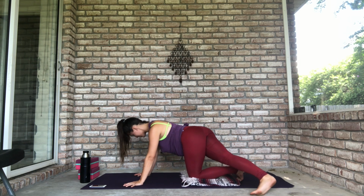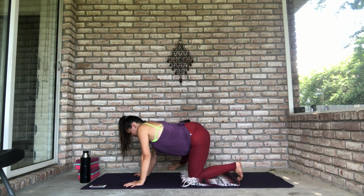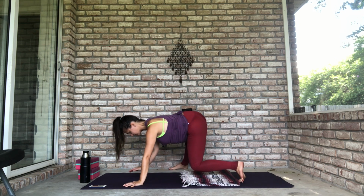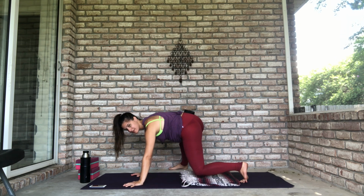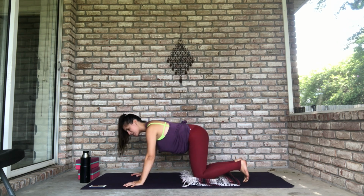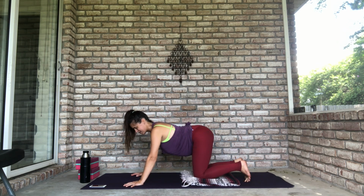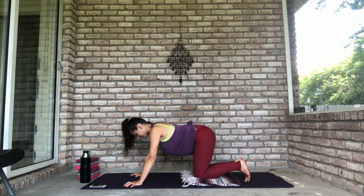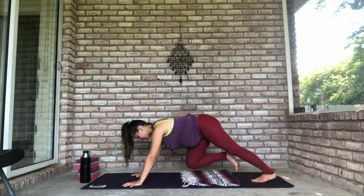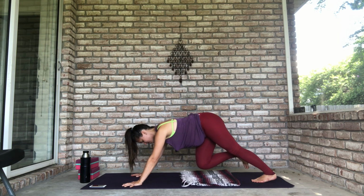Lower your left knee. Swing your right leg way over to the right. Okay, push into your right foot. Lift your left knee. Lower your left knee back down. Bring your right knee back in. Okay, now just adding to it. Again, much like we did on Monday night, extend your left leg straight back, lift your right knee, and